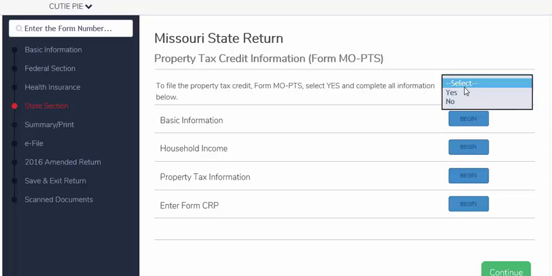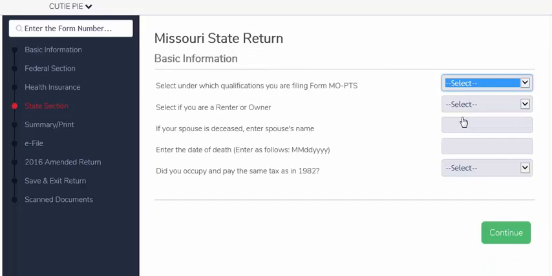To file the property tax credit, we're going to select Yes and complete all of the information below. And we go in and we complete the basic information. So the software wants us to tell it what qualifies the person for the MOPTS, and